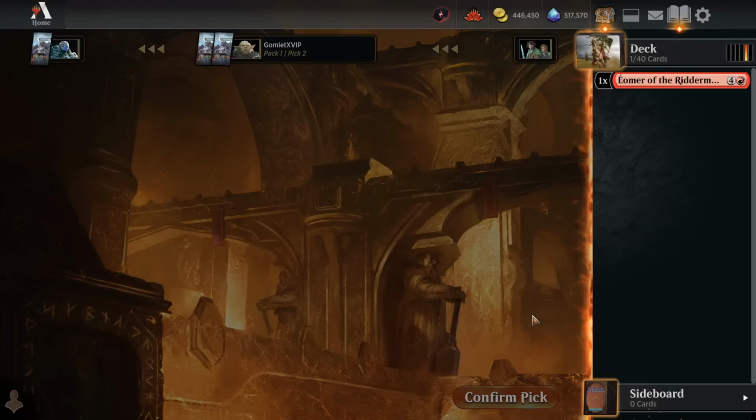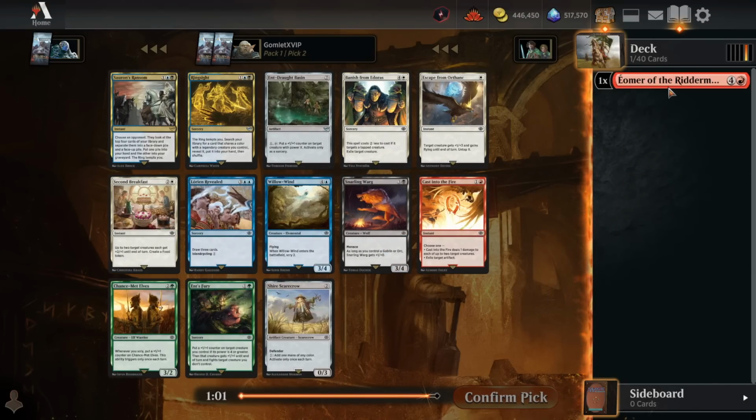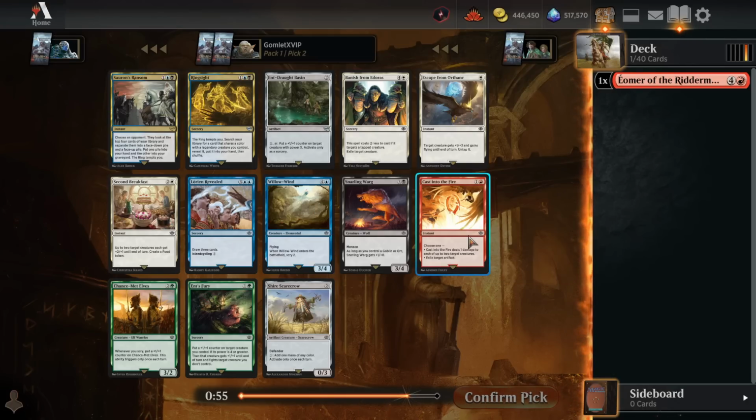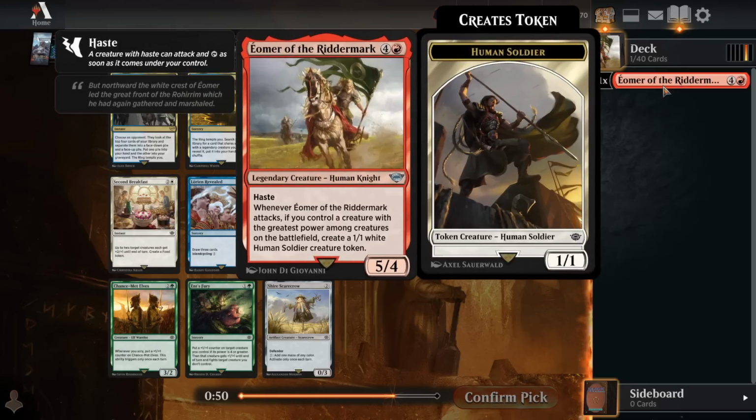So I don't know. I'm actually going to go for Éomer here. I think this card is kind of the nuts. 5 mana for a 5/4 haste already beats your opponent down really well, and spitting out a 1/1 on attacks every single turn is quite nice too. So I'm actually going to go Éomer over